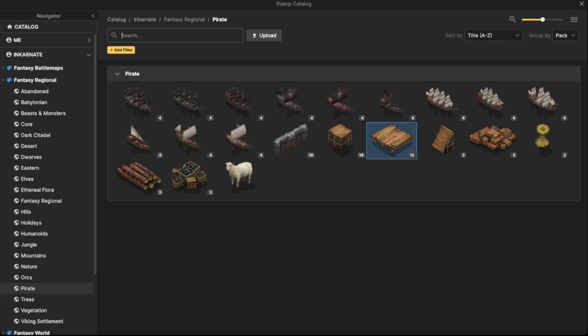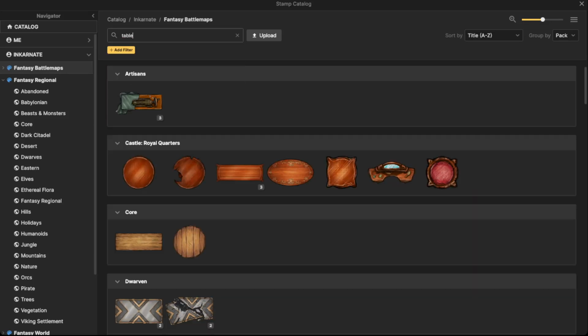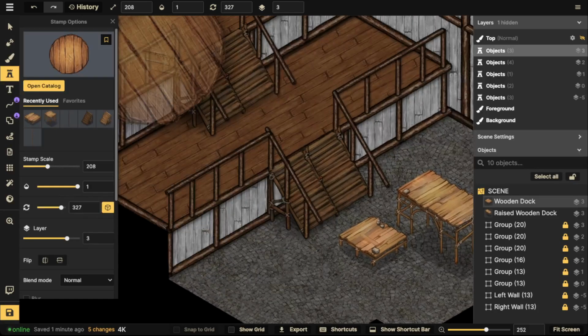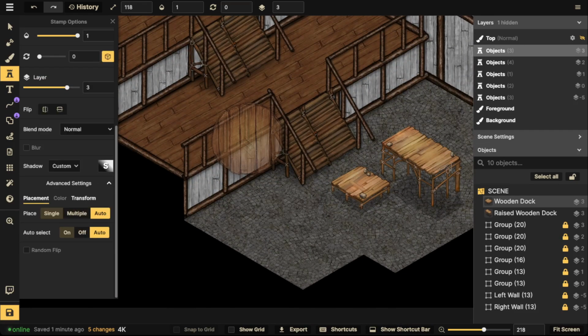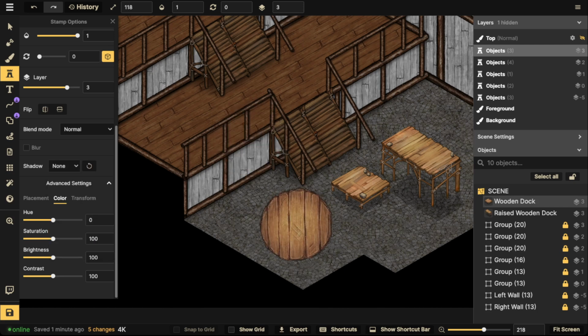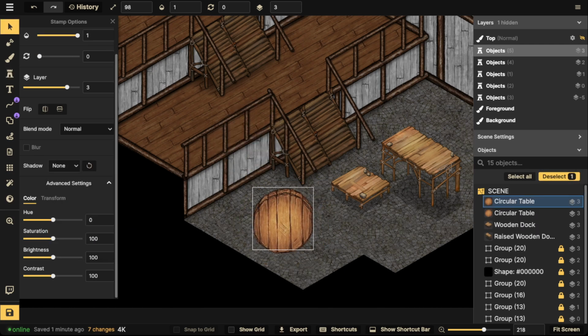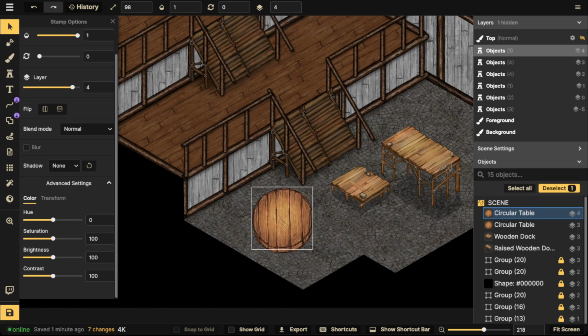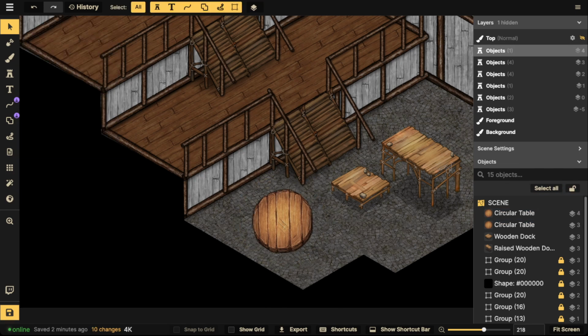You could also use other ways to make tables and benches, which is to use circular stools from Fantasy Battlemaps. So you could go ahead and take a table. Check this out. You can take a table just like this. Make sure it's set to 0 degrees. And I'm going to turn the shadow off. Place one and then just copy and paste another one and place it on top of it, up a layer. Then take this bottom one and make it darker, like that. And then select both,